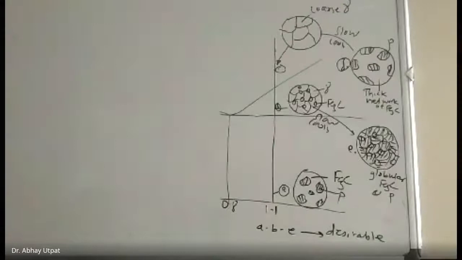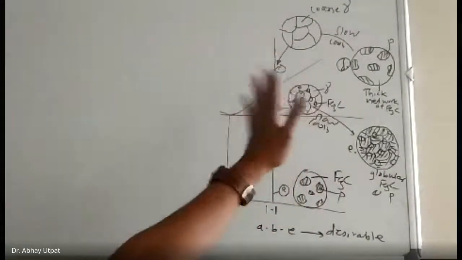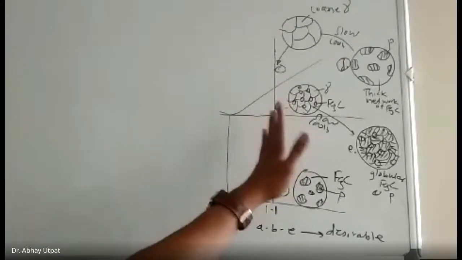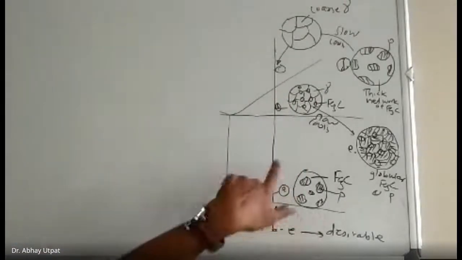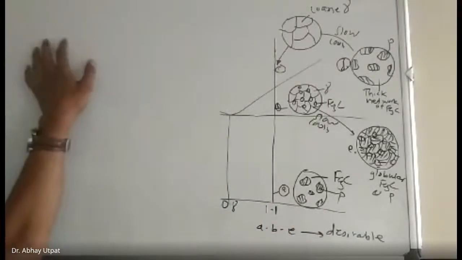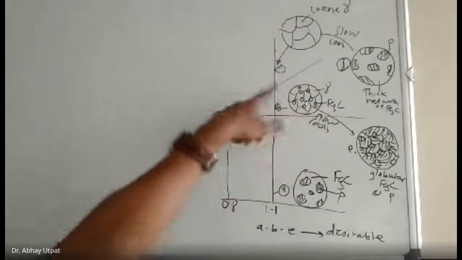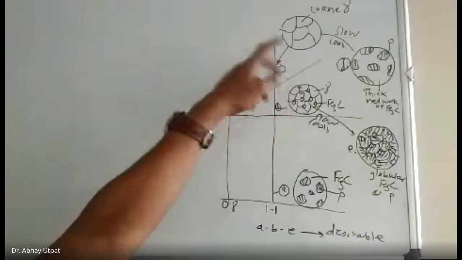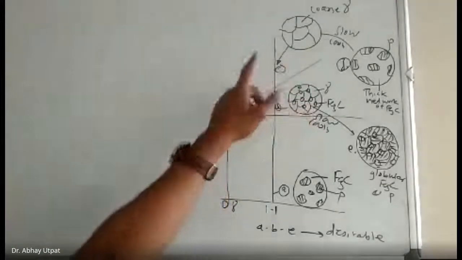So friends, when this question is asked, you have to draw only half of the structure. That's why I have kept it. It is not necessary to draw the left hand side. So when this question is asked, you have to just draw the full diagram, but don't show microstructure here. So only these 5 figures you have to draw: 1, 2, 3, 4, 5. So A, B, C, D. That's why I have written as shown in the point D.